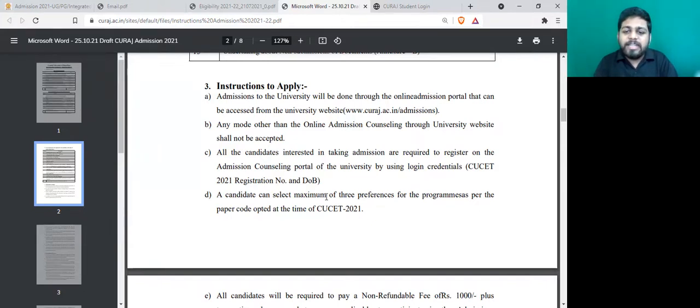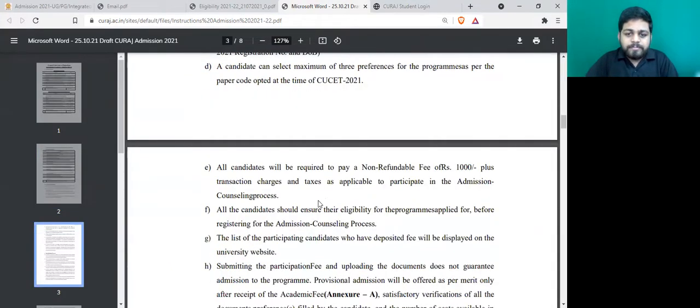All the candidates will be required to pay a non-refundable fee of ₹1,000 plus transaction charges. In CU Haryana, it was 300 rupees, whereas in CU Rajasthan, it is 1,000 rupees for the portal registration.